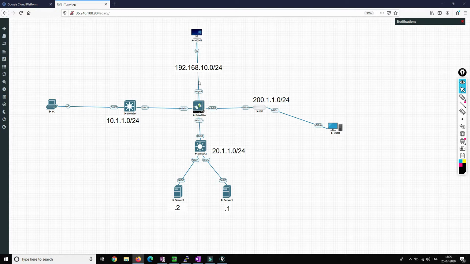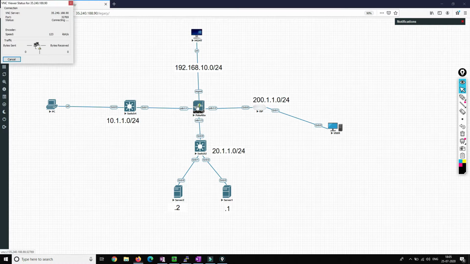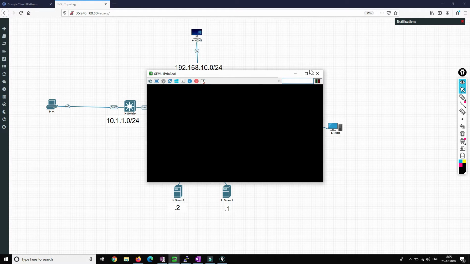So friends, I have already configured the IP addresses on all the PCs and on the Palo Alto firewall as well. The IP configuration and connectivity part has already been completed. Now we'll configure the security policy as well as the NAT policy.